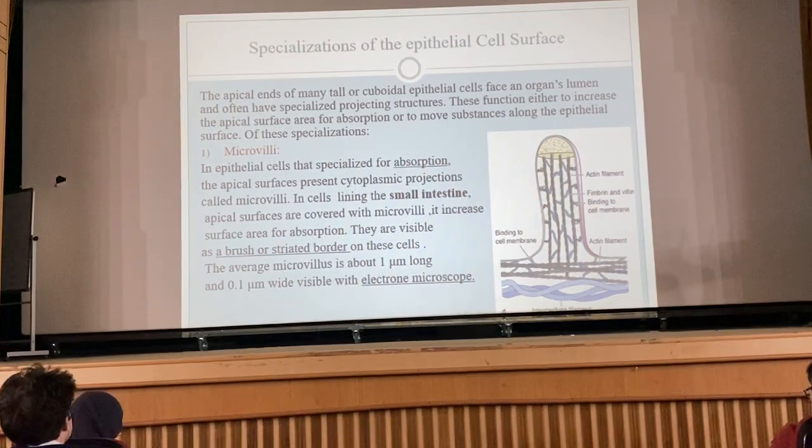Specialization of the epithelial cell surface. This is important. The apical end or apical surface of each cell in the stratified epithelium, or in general in epithelial cells, may have certain extensions extending from the cell membrane. They are projecting from the surface layer, and their function is either to increase the apical surface area for absorption, especially in the organs which are concerned with the absorption of water or nutrients or any fluid,